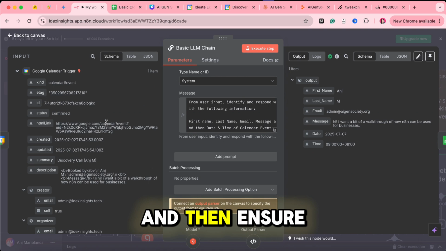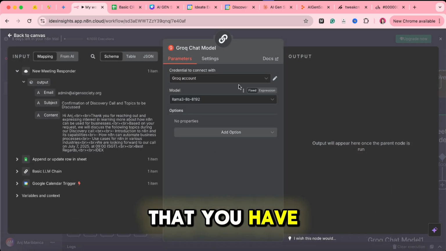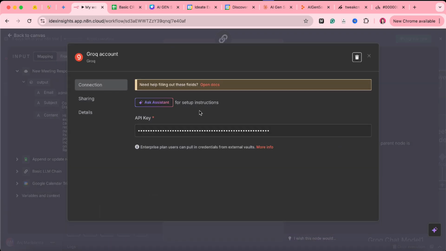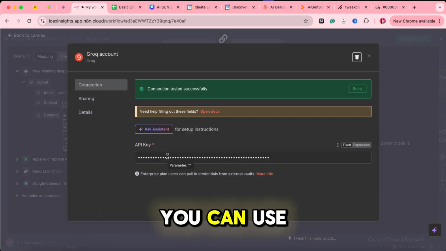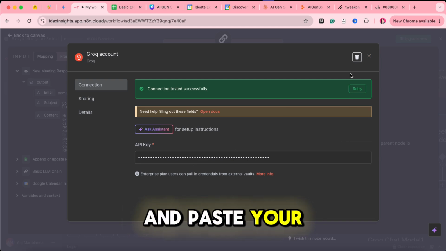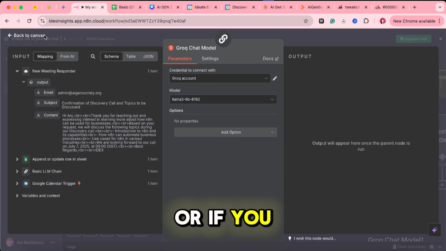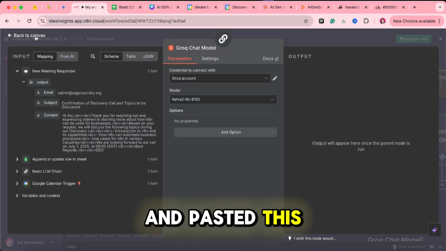And then ensure that when you go to model, you have your Grok account on with the API key that you've used from new lead notifier. Yes, you can use the same API key that you have used in your previous end-to-end workflow. So please copy and paste your API key, or if you see that you have already copied and pasted this